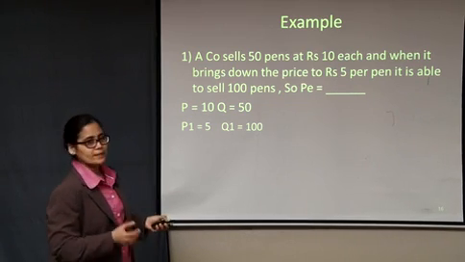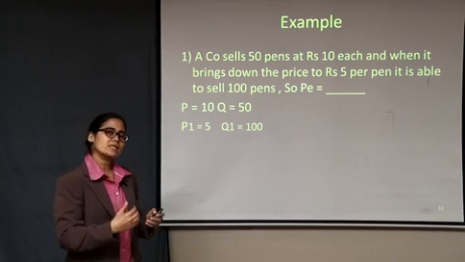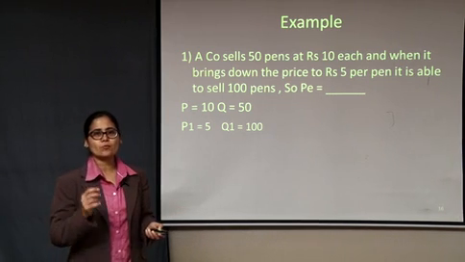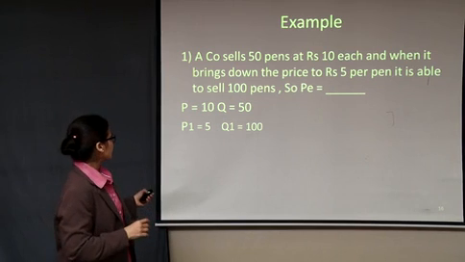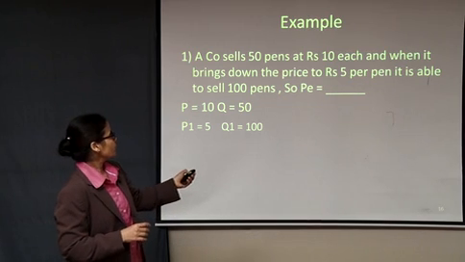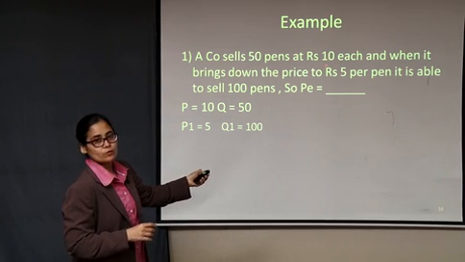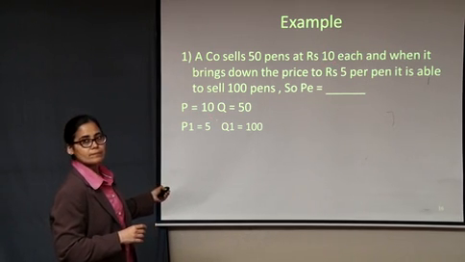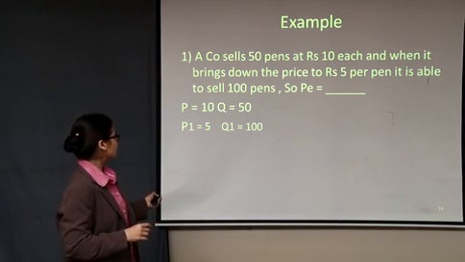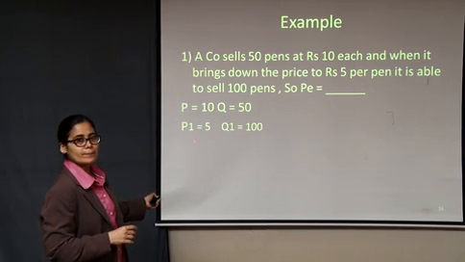First of all, I have already written it down. This is the way you are going to solve when a numerical question on price elasticity is given. In this question, first you will have to find out what are the prices given. As you see, I have mentioned P as 10 and P1 as 5. So P is my original price. What was the price of the pen given? 10, rupees 10. So P is 10. Then the price of the pen has come down to rupees 5. So the new price P1 is 5. So you get P and you get P1.